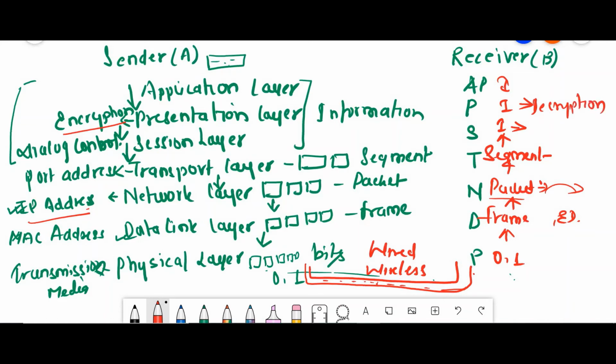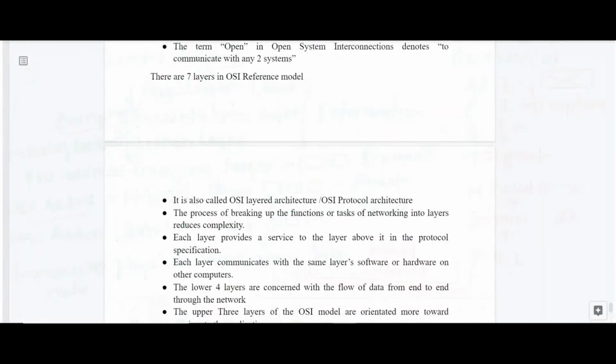Remember, we break the data on the sender side and we join the data on this side to form the information. Whatever mail we send, the receiver will receive the same mail, so we are combining to form that. In the application layer, whatever you are using, a web browser or file transfer, through that you will receive your data. This is how communication takes place in OSI, and all devices in the world that communicate follow the same protocol. I hope you understand this. So let's go to the theory portion.